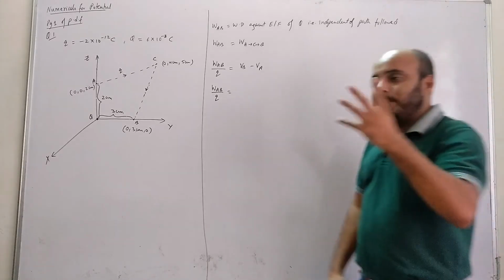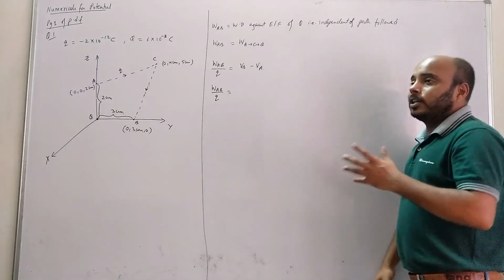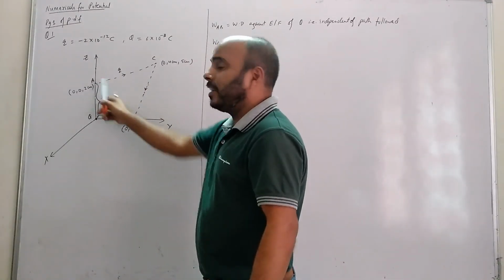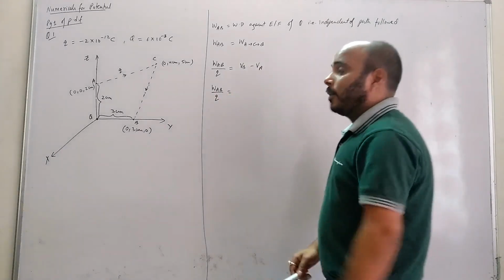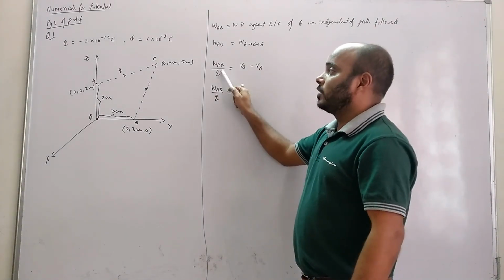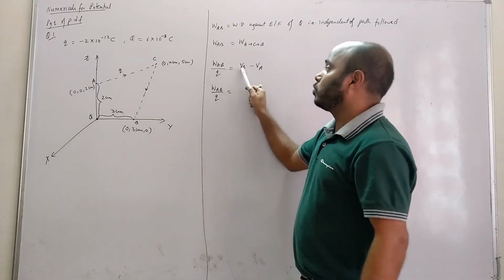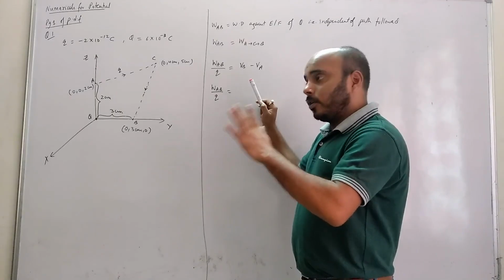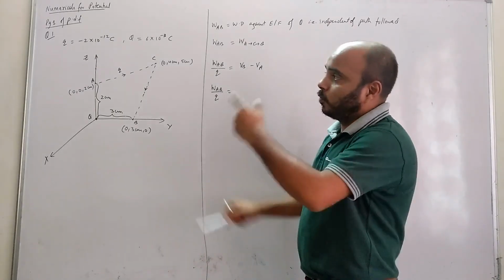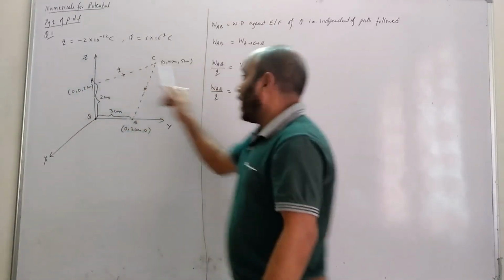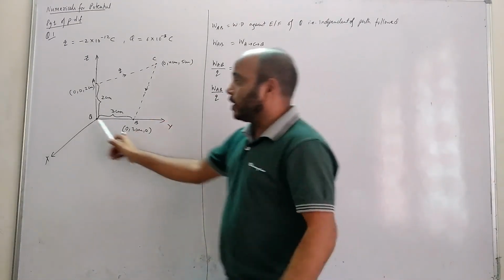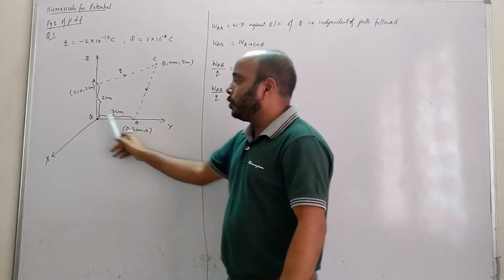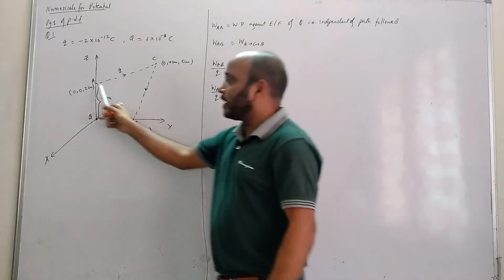So going via C is just to confuse you. You should know the basics of the topic, that work done is independent of the path followed. So we are interested only in the initial point and the final point, A and B. So we know a direct formula. Work done from A to B to move a charge q, the charge which is moving, equals q times the potential at B minus the potential at A. Now in this formula, q is the charge which is moving, I have taken as small q. And these are potentials. Whose potentials? The potentials of the charge against whose electric field we are moving. So VB is the potential at B due to this charge, and VA is the potential at A due to capital Q.